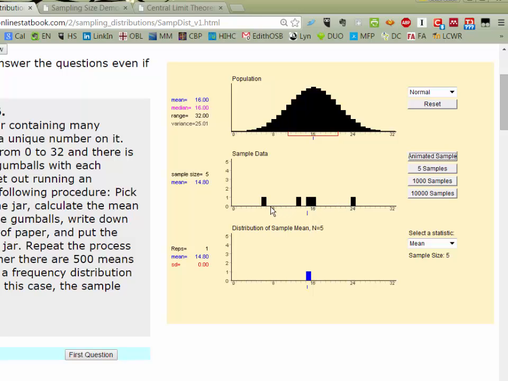Those were the units selected, and then the computer program computed their mean, 14.8, and plotted one block down here on the lower level. When I do it again, it draws a second sample. It's different from the first because the samples are being randomly drawn, and it plots that mean. And I can keep doing this. I draw a sample of 5, the mean gets plotted, and each time I draw a new sample, I get